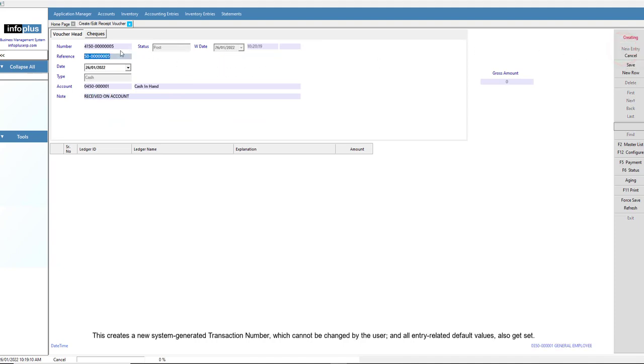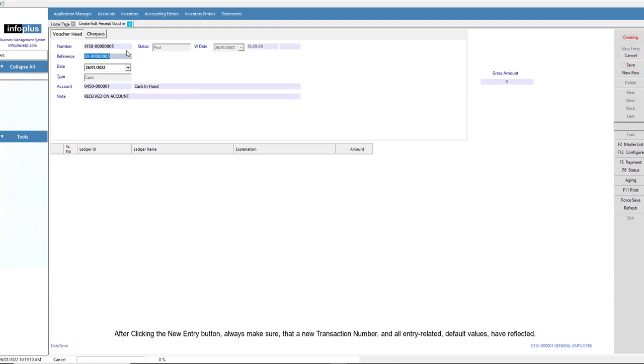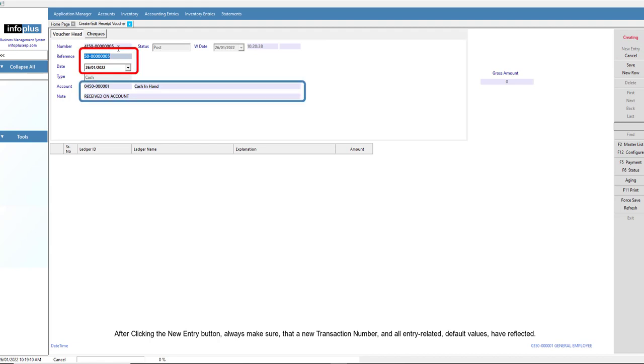This creates a new system-generated transaction number, which cannot be changed by the user, and all entry-related default values also get set. If you want to check the last receipt voucher from this terminal, you can click the Cancel button. After clicking the New Entry button, always make sure that a new transaction number and all entry-related default values have